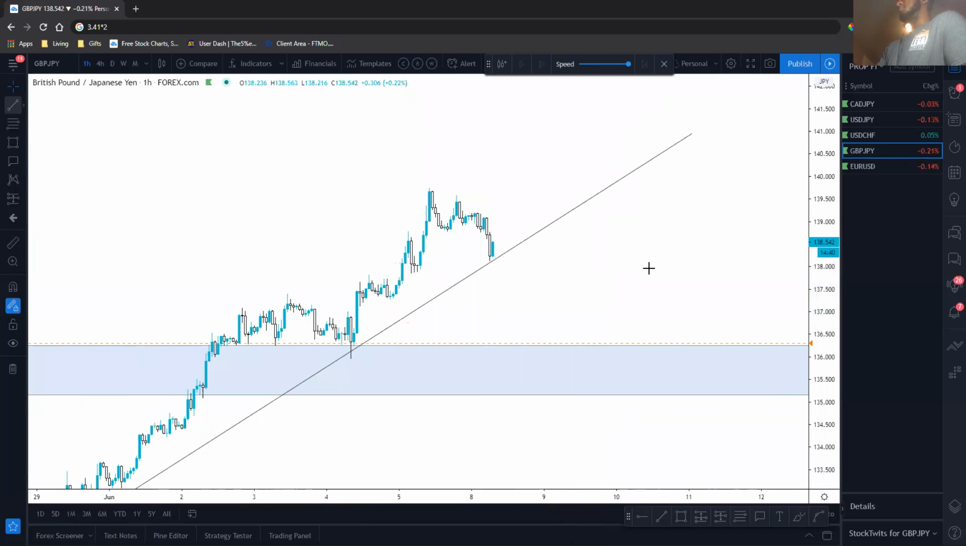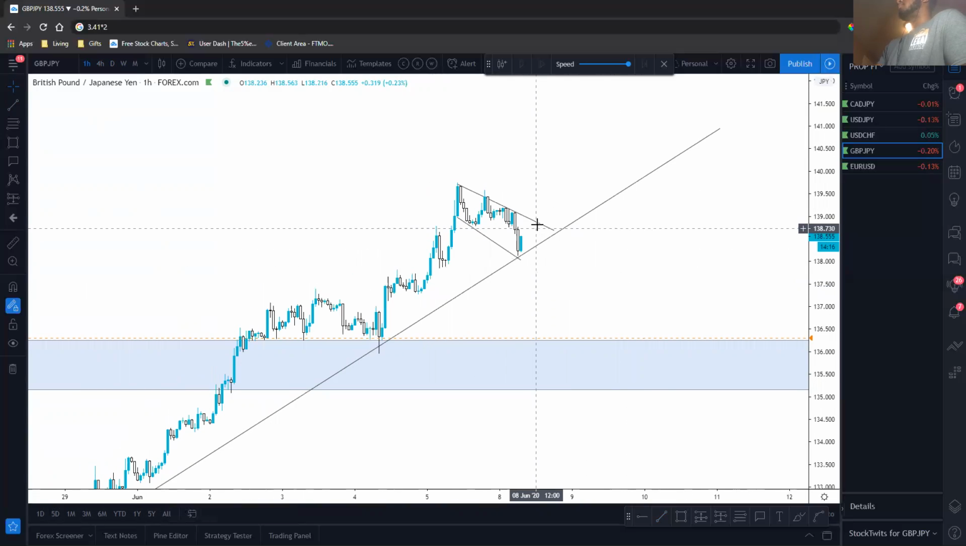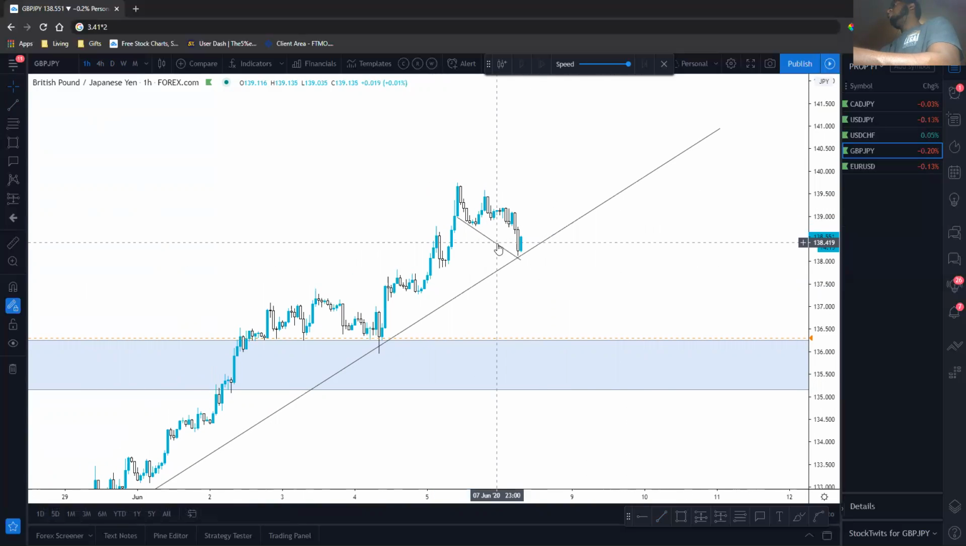Okay, so here I'm gonna just draw out the outlines of the market that I'm seeing, because some people may consider this a flat. All right. So there is,